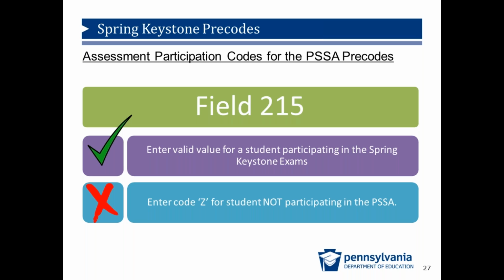In order to get pre-code labels, educating entities must submit data in field 215 and code it with a valid value other than Z to identify that the student is taking the spring Keystone exams. If the PIMS administrator enters code Z in field 215, indicating that the student is not participating in any assessment, then no pre-code label will be generated for the student and a test session set up